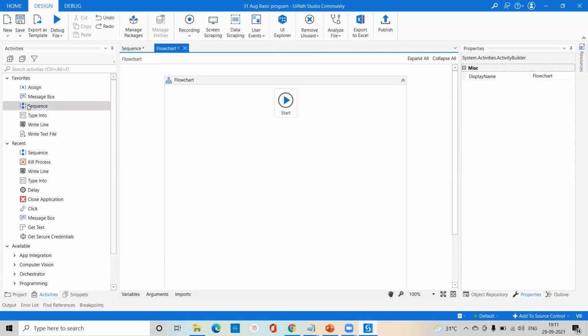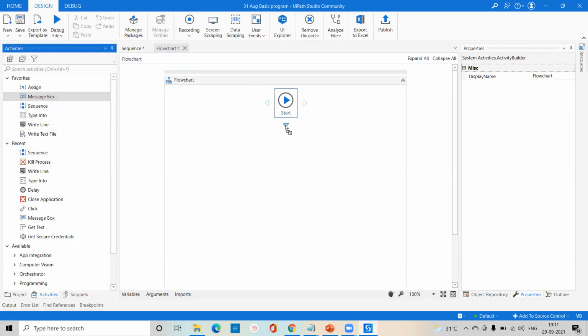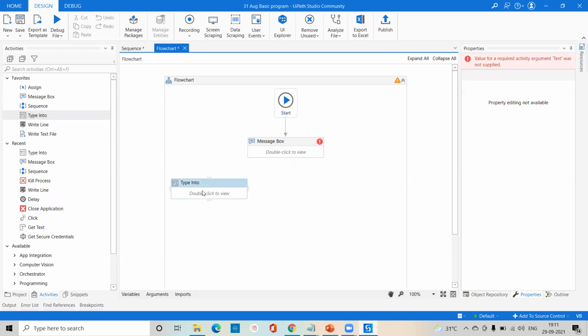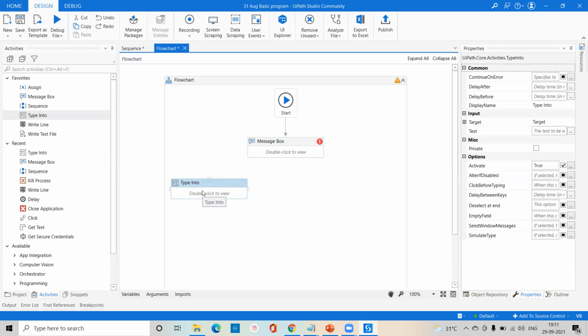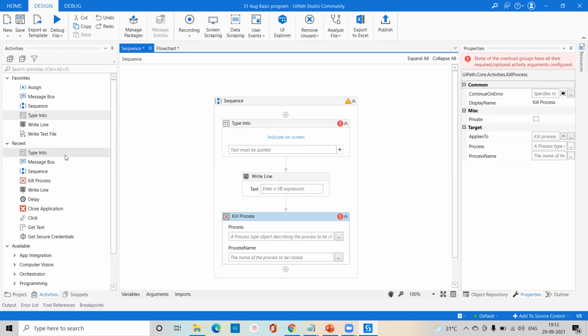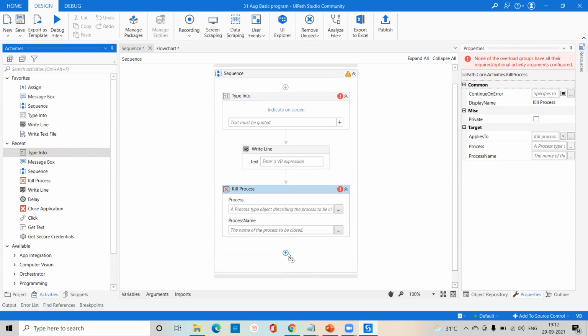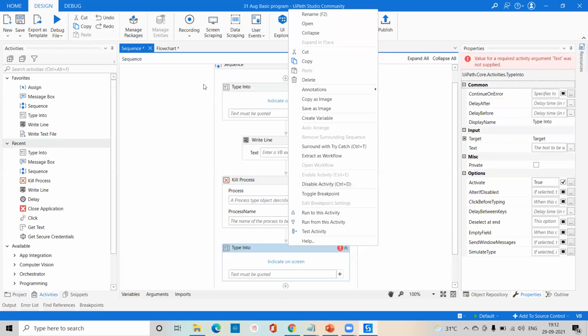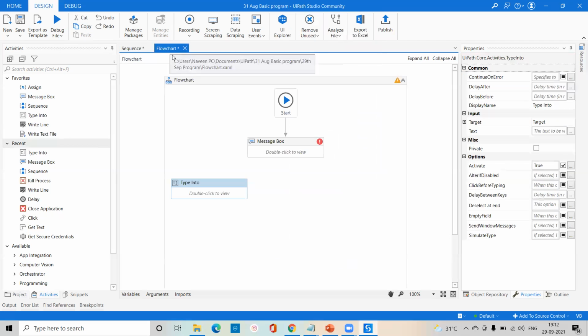So in a flowchart, if you are going to automate this message box, you can connect it with Start. But if you have not connected an activity, it is automatically disabled, and there is no need to disable it. But in a sequence, if you take any activity that is not in use right now, you definitely have to disable it. We don't have that in a flowchart. So this limitation of the sequence is the advantage of your flowchart.